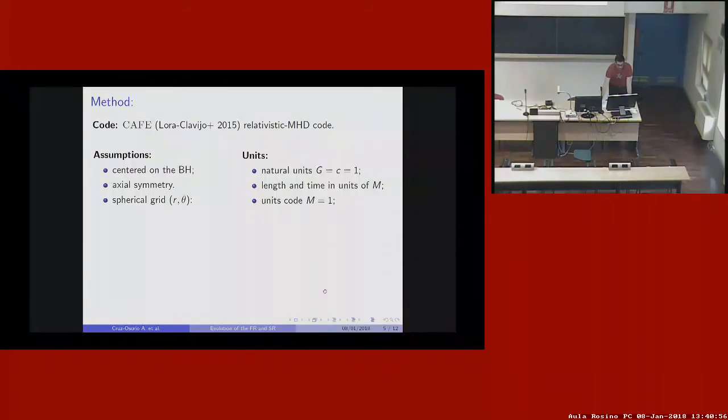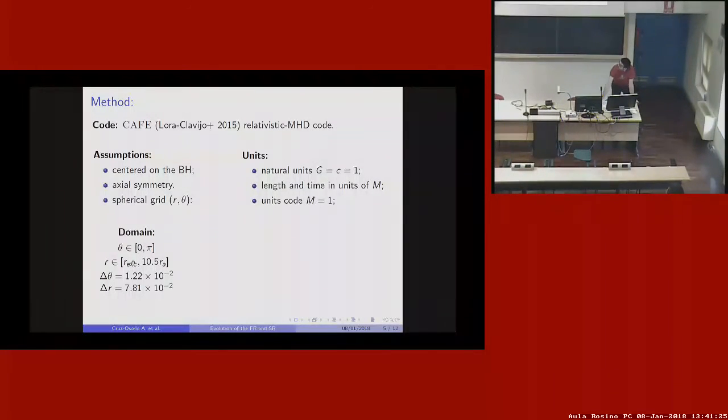They consider a spherical grid centered on the Schwarzschild black hole and assuming an axial symmetry. They use natural units. They measure the length and the time in units of mass, defining the mass M equal to 1. This is the computational domain where